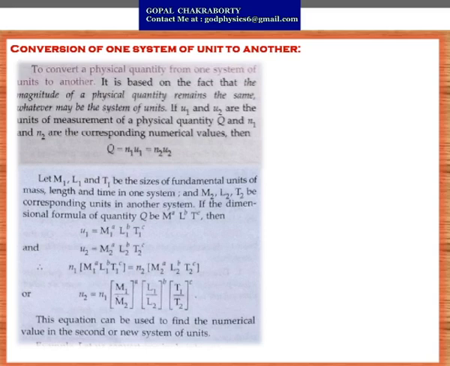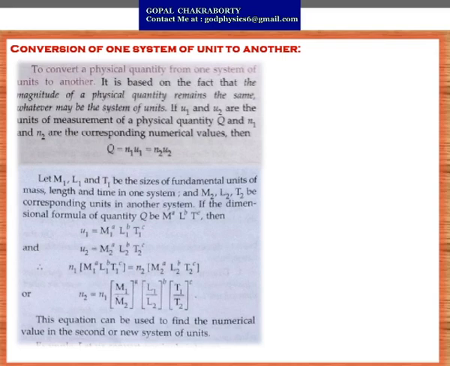Now if we substitute the value of u1 and u2 in the first expression, we get n1 within square bracket m1 to the power a, l1 to the power b, t1 to the power c, that's equals to n2 within square bracket m1 to the power a, l1 to the power b, t1 to the power c,